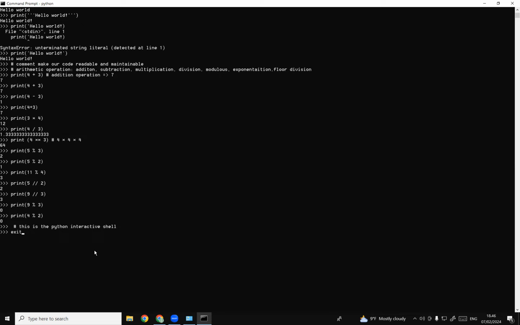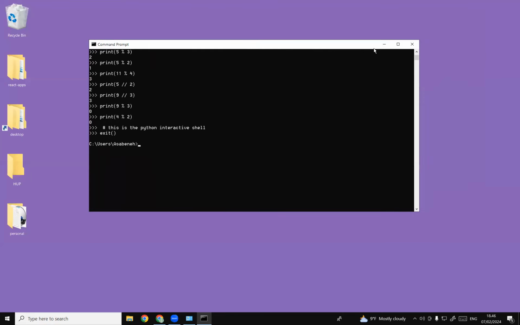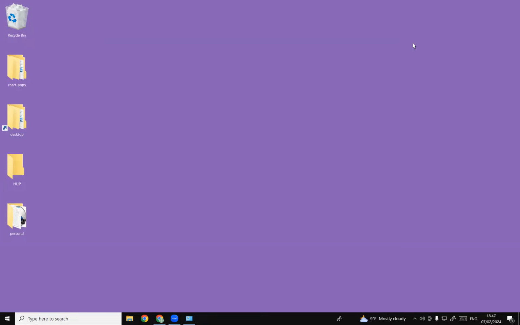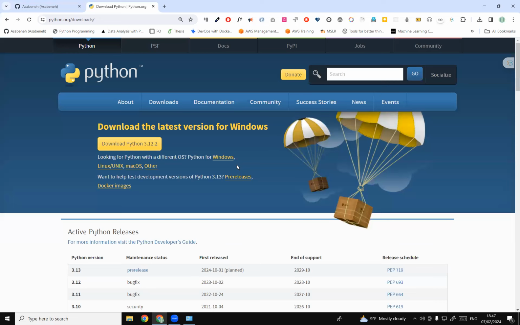How do we leave this one? Exit, and then we have to use these two parentheses to leave this. And to leave the command prompt, I can close it from here or just write exit like this without the parentheses. You can do either way, it works. And I think this is good enough for the introduction and writing your Hello World Python script. I would say so. And let's